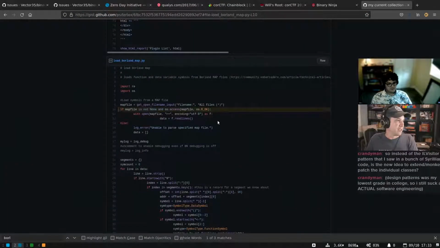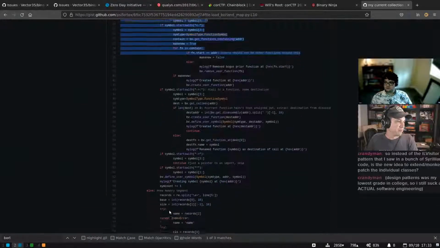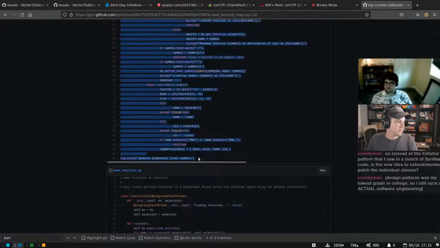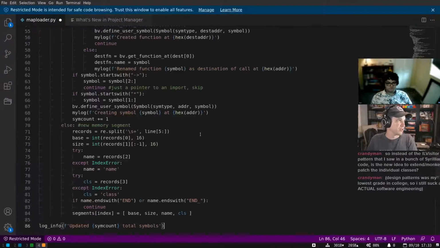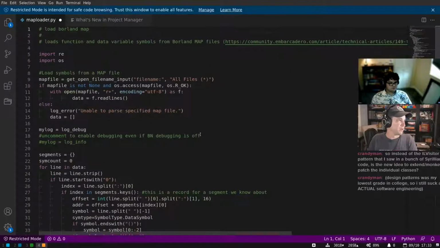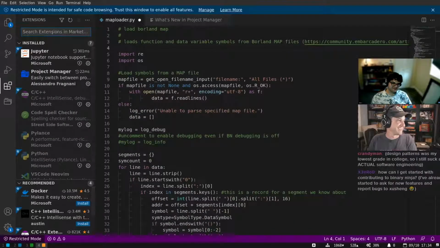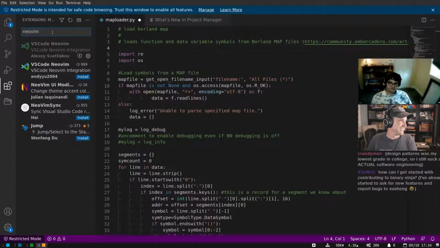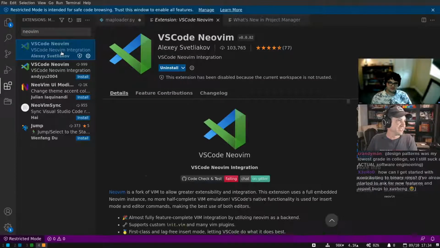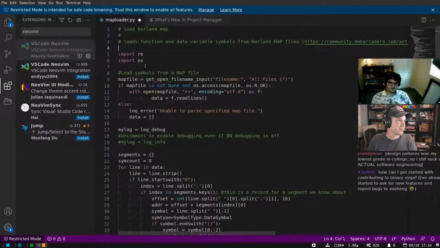So let's go back here and let's just take our map function here and just throw it into our plugin. Okay. Wait, do I not have... Oh no, I don't have Vim mode in this. Hold please. This can't stand. Oh wait, I do. Why is it not working?